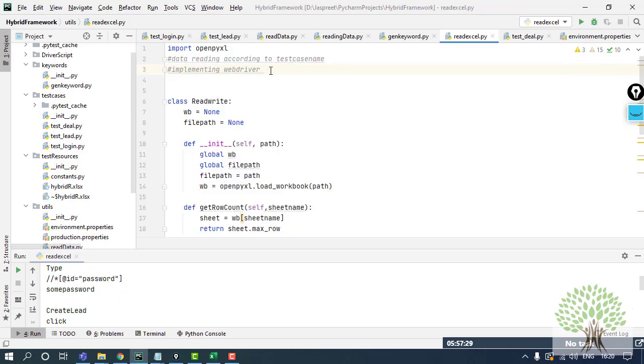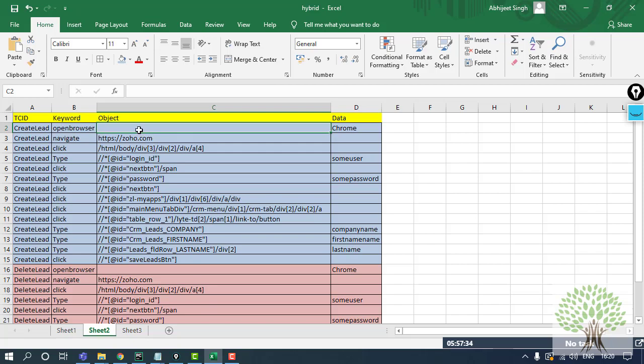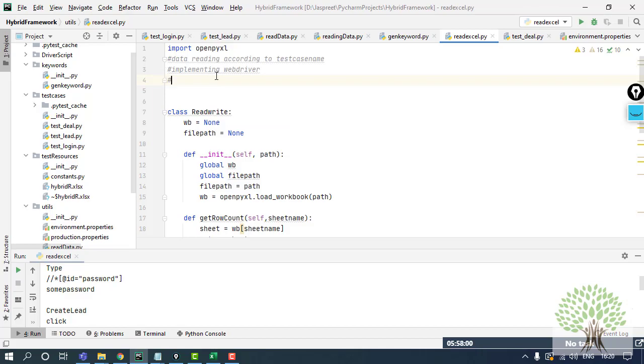Okay. One more thing over here is that you can see in the Excel sheet, I am giving the locators over here this way. Now suppose at some time this username text box gets the locator updated and it gets changed. So if I have 50 test cases and I am logging in every test case, I have to change it 50 times at every occurrence of this locator where I have given. So that is not a right approach. It's not a right approach, right?